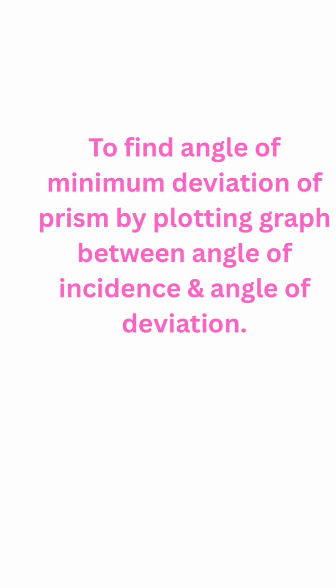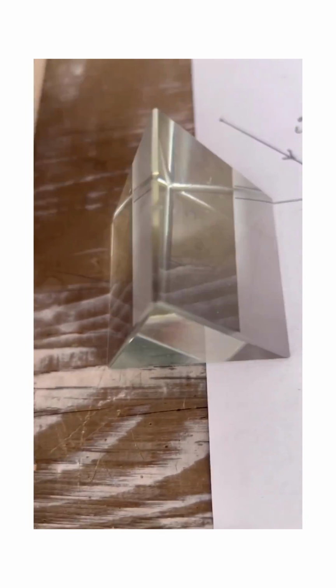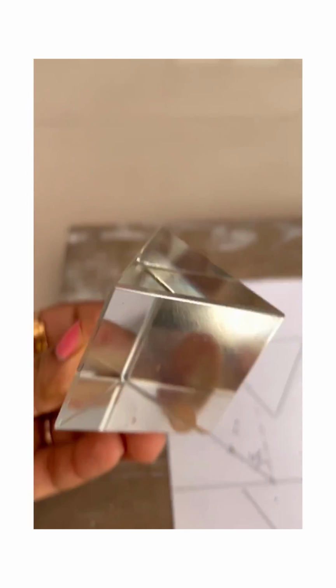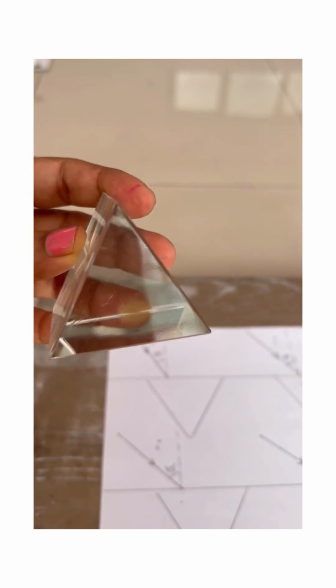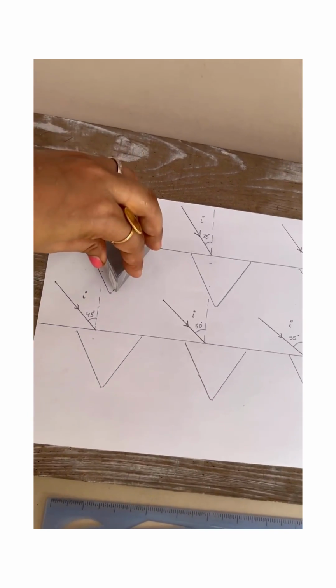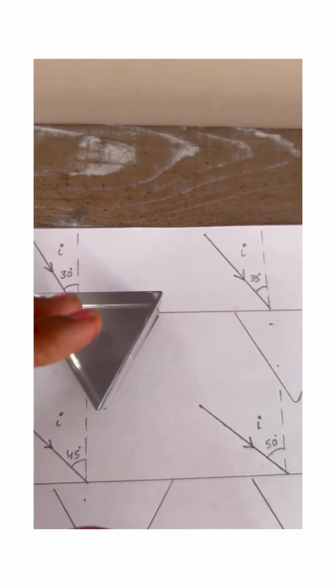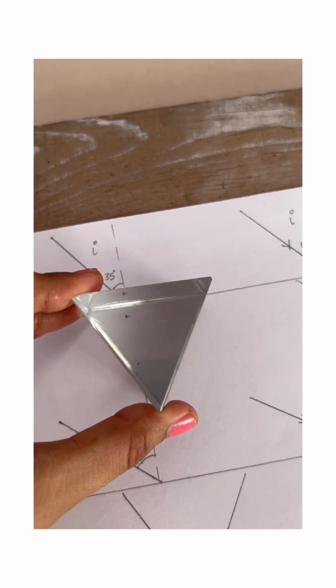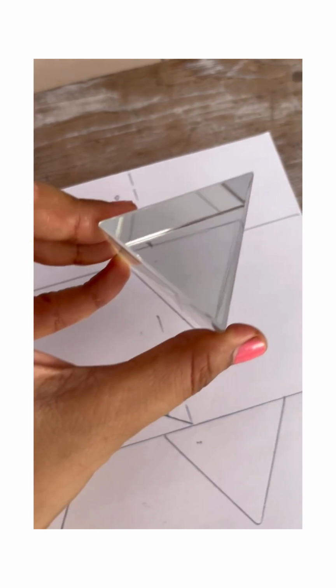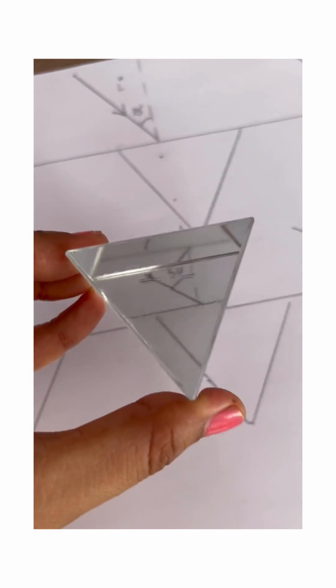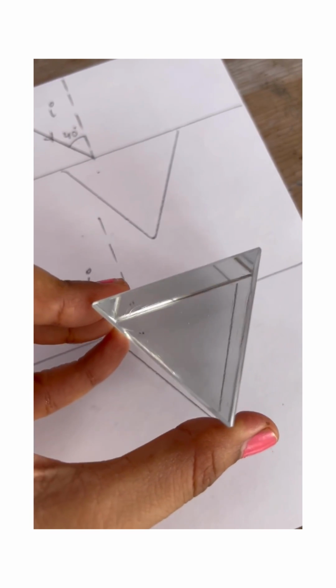In this video, we will find the angle of minimum deviation of the glass prism, which is shown here. It is composed of three rectangular surfaces which are arranged in such a manner that it makes the shape of a hut. Then we will draw two horizontal lines on an A4 size plain sheet and put the triangle in such a manner that we can draw six different cases of the refraction through the glass prism, as shown in the video.